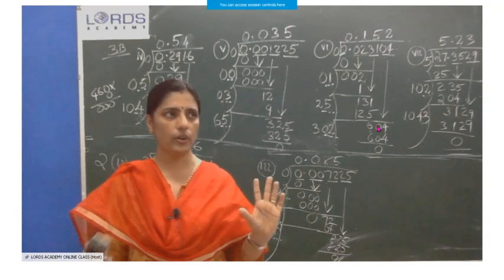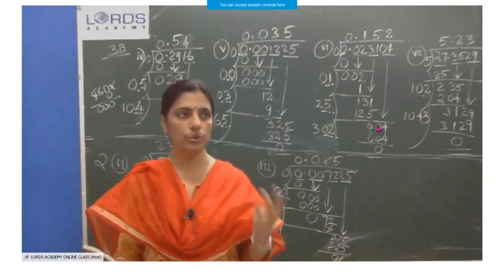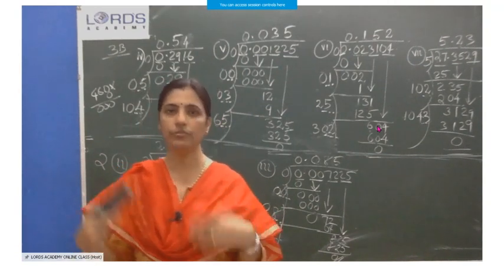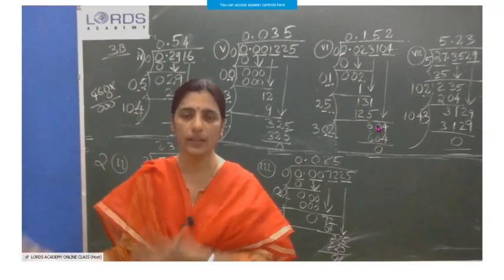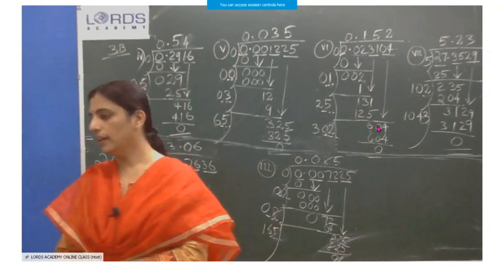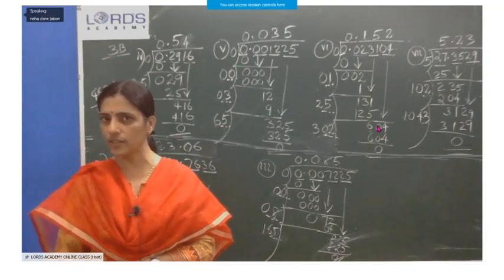Doubling means if square number has minimum 1 zero, if you are doubling, you will get 2. If 2 zeros are there, if you are doubling, you will get 4. If 3 zeros are there, if you are doubling, you will get 6. When doubling happens, only even numbers come. That's why we are telling, is it possible for the square of a number to end with 5 zeros?